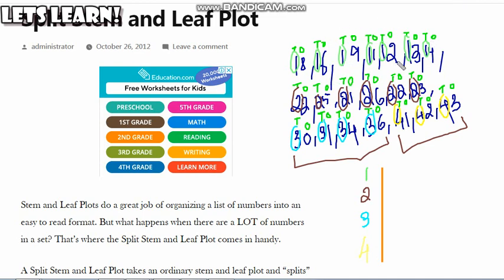इसमें बात पता है कि हमारे पास चाहे numbers mix करके दिए जाएं, small to big, big to small, हमें इस बात का ख्याल रखना है कि हम जो भी numbers लिखेंगे अपने leaf वाले part में, we have to take care that we are writing the numbers in the numerical order, that is from small to big. This will be followed in the stem part also. ऐसा नहीं कि मैंने 4 लिखा, फिर मैंने 3 लिखा, then मैंने 2, फिर मैंने 1 लिखा. No, that will be wrong. So you have to take care about this in both the parts, in the stem part also and in the leaf part also. So let's continue doing this.